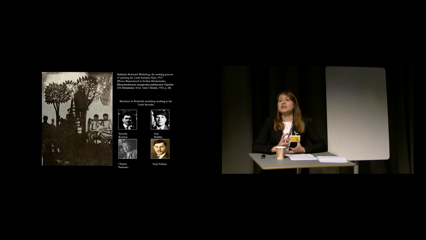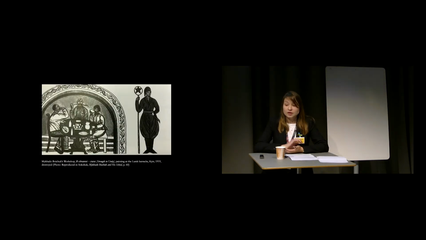And from the extant images, it can be discerned that one of the main themes of this cycle of paintings was a fraternization between the city and the village. Such motif is visible in this painting, Strength and Unity, which depicted a simple meal shared by what appears to be a worker on the left, so your left, this guy, a Ukrainian in the middle, and a Russian peasant